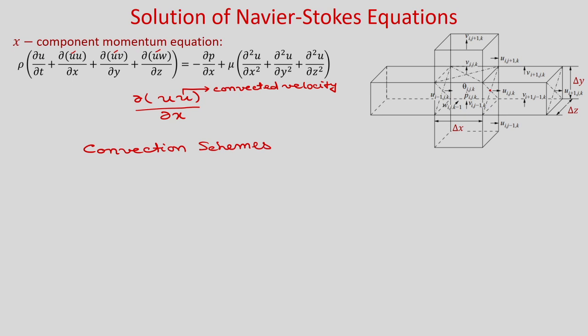Because you have two velocities, one velocity we will calculate just at this face center, where it will be just the average of the neighboring cells, but the other velocity we will calculate using some convective scheme. There are different convective schemes available, like first order upwind, second order upwind, third order upwind like QUICK, even central difference which is second order accurate, and you can have a combination of these with some weighted function.